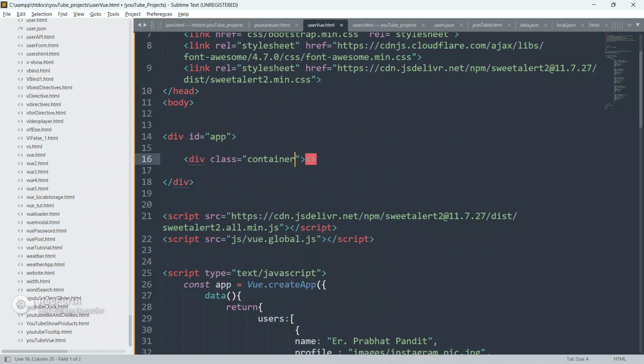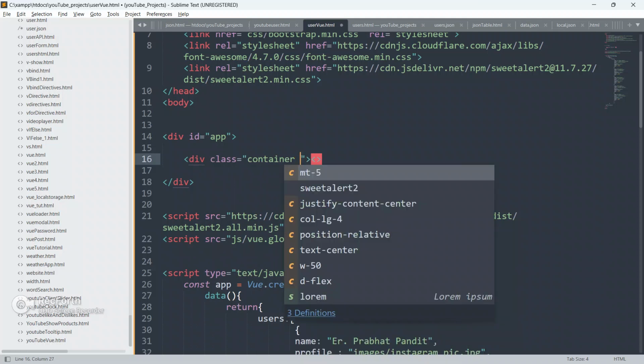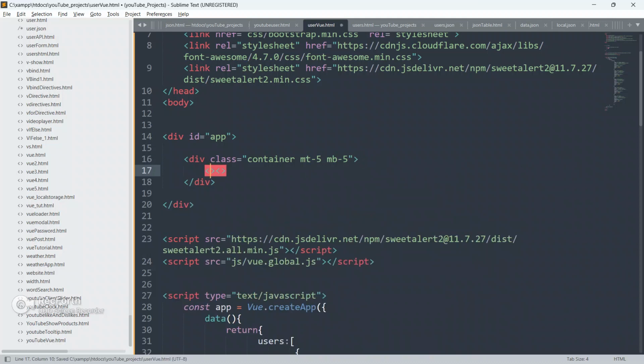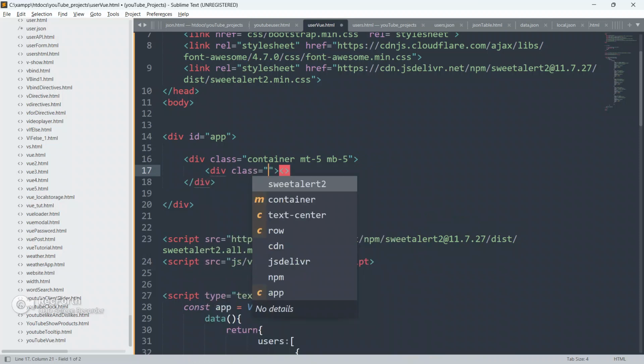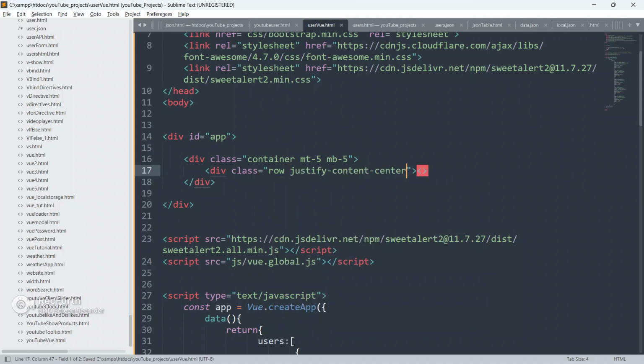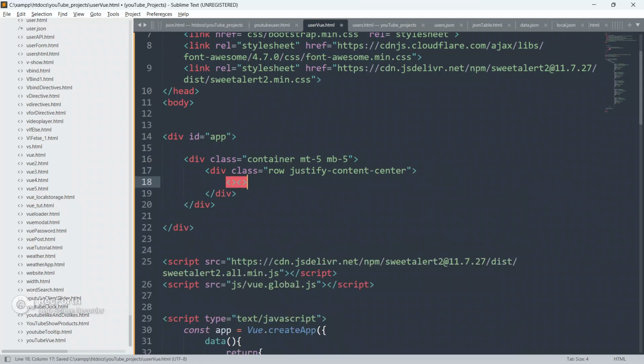Inside this div, create another div and give it a class of container, and also margin top 5, margin bottom 5. First of all close this div, and inside it create another div, give it a class of row and justify-content-center.